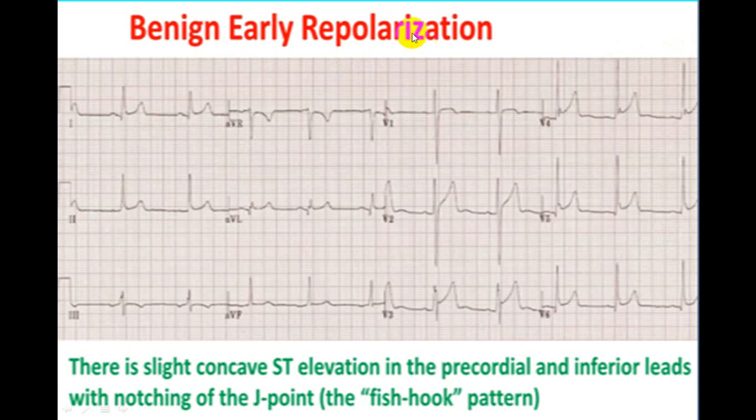In a benign early repolarization, mainly in a chest lead, you will see a J point elevation and there will be a small notch, also described as a fish hook pattern at J point elevation, with a concavity. This is concavity of ST segment elevation with upright T wave, mainly seen in V2, V3, V4, the precordial leads. This is benign early repolarization. As such, as you label benign, it very rarely produces cardiac arrhythmia or becomes life threatening. So do keep it in mind.